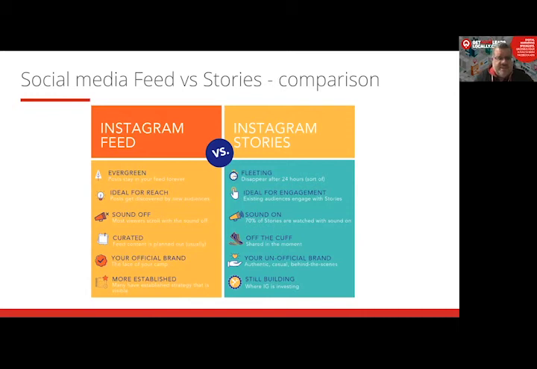The feed stays there forever. It's great for reaching new audiences. You can use hashtags. Most people tend to sort of scroll with the sound off. So when they're looking at the feed, the sound will be off. It's the sort of visual kind of representation of your brand, if you like. But on the other side, on stories